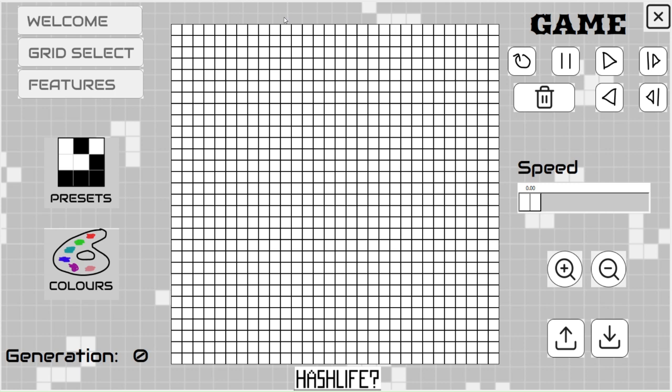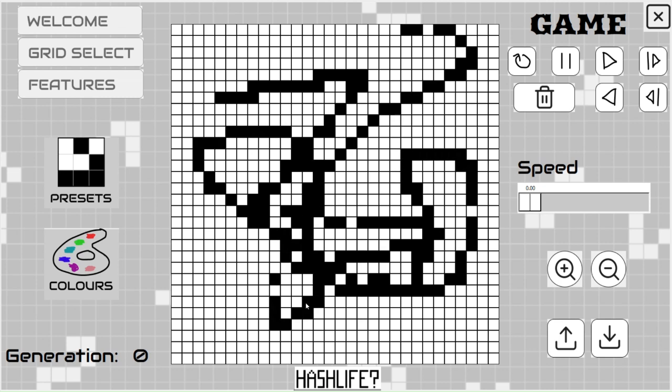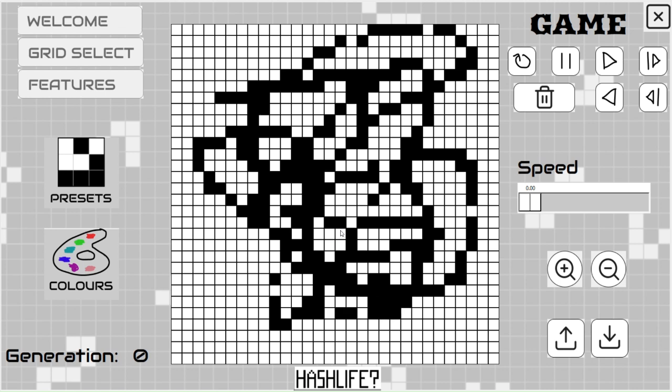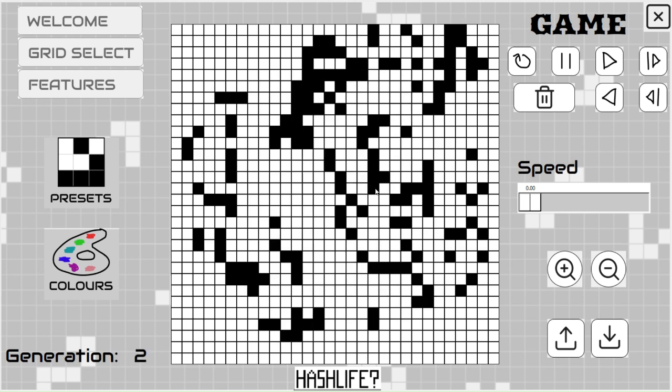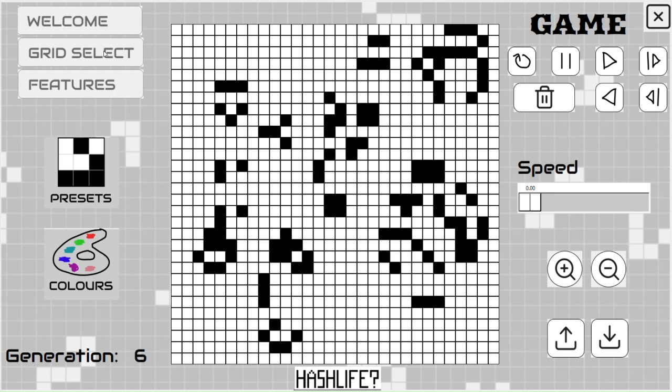Test number 33 is that the user can change the size of the grid via the grid select button. And the way I'm going to test this is I'm going to draw a pattern. Okay. And then I'm going to press play, and now the pattern is evolving. Then I'm going to press grid select,